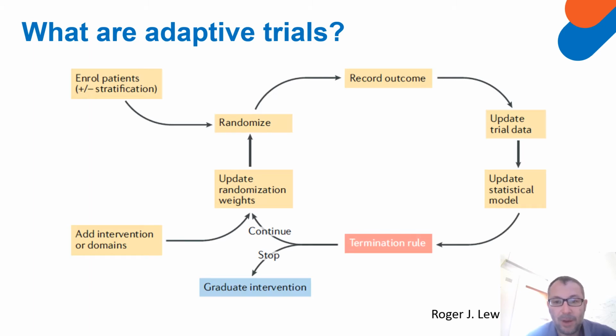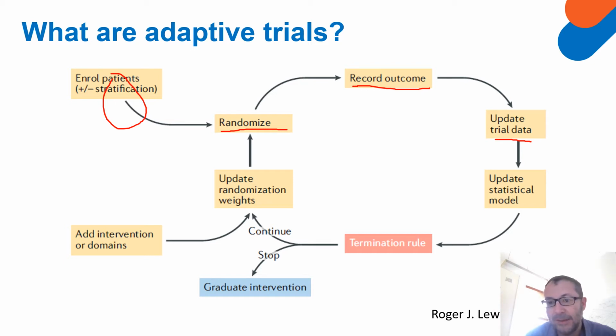So adaptive trials are frequently conceived in terms of this continuous cycle. We have patients who are enrolled, and they may or may not be stratified into various pre-specified subgroups, and then they are randomized. They receive the intervention to which they are assigned, and then at some point in the future we report the outcome for the participant. We record that outcome in usually an electronic data capture system, and we periodically do analyses